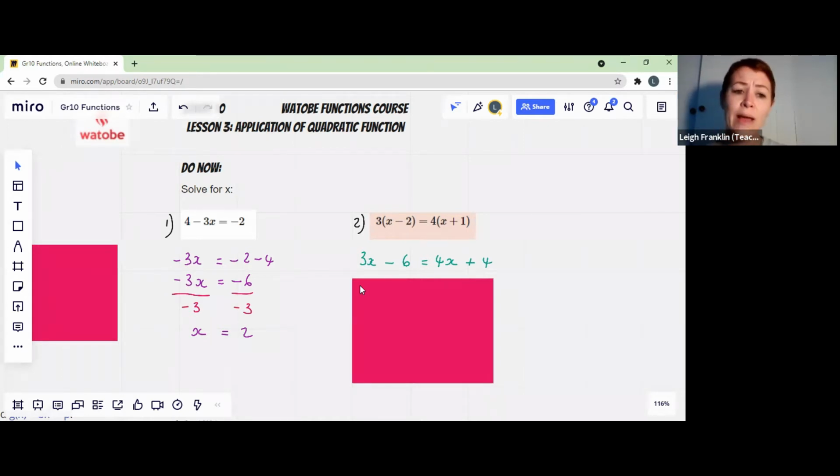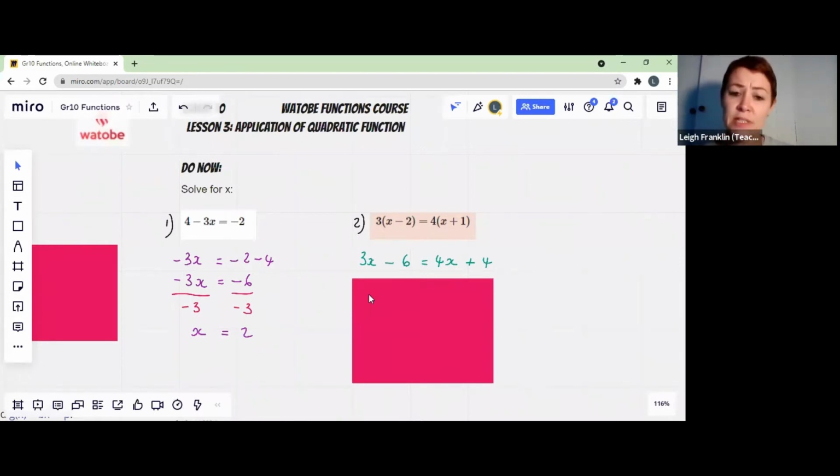So we want all our x terms together on one side and all our numbers together on the other side, right? So if I decide that I'm going to collect my x's on the left, 3x is staying on the left. It's the same idea as this. Imagine if you are at high school and you stay at your high school. You're going to keep the same school uniform, right? So it's the same story with 3x. 3x is on the left.